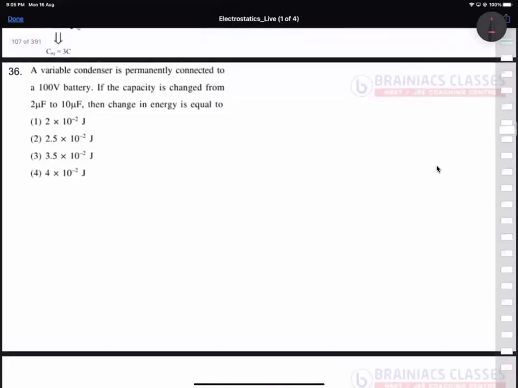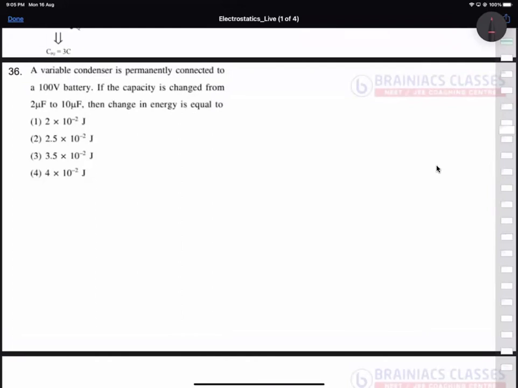Okay, here is a question. A variable condenser is permanently connected to a 100-volt battery. If the capacity is changed from 2 microfarad to 10 microfarad, then the change in energy is equal to